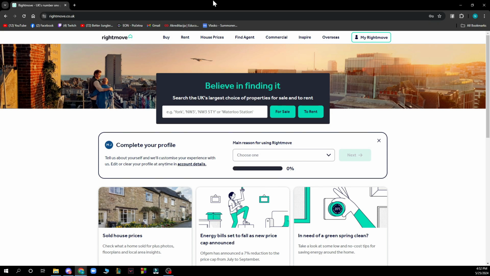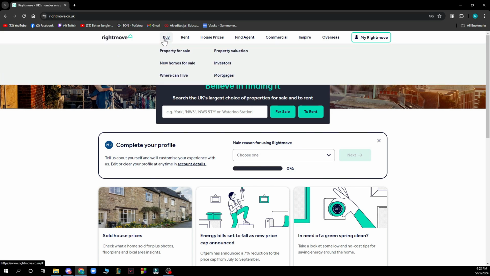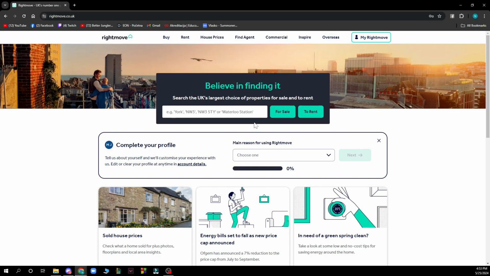Now guys, that we got that out of the way, let's see what we actually have in front of us here. So basically, as you can see, here we are on the official website where you can see a lot of things. Here we can see the houses that we can go and buy. We can see some houses that we can go and rent. We can see some house prices here. We can go and find agents, so find estate agents. We can see commercials, Inspire, and we can see some homes that are overseas, so in all countries and some European countries. As you can see in the middle of the screen, we can see that we have a search